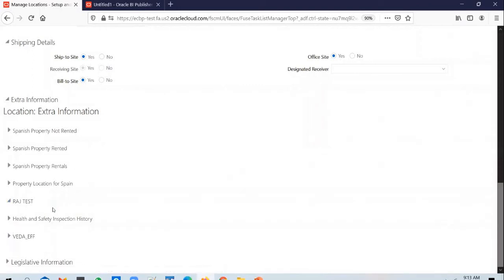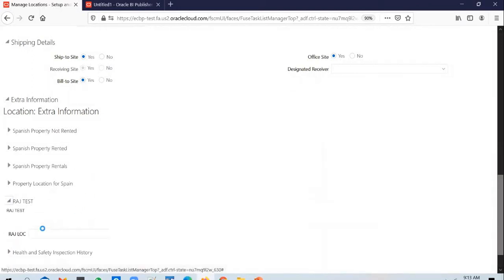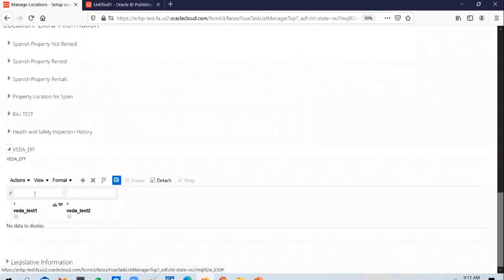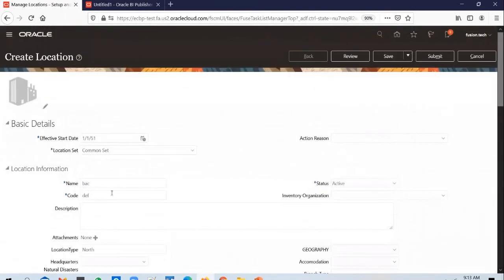If I enable an extensible flex field, a table will be enabled, and the context segments that I'm going to enable will show up here. This gives me an option to add multiple departments onto a single location. That is all about EFFs, and that is how EFFs are different from DFFs.